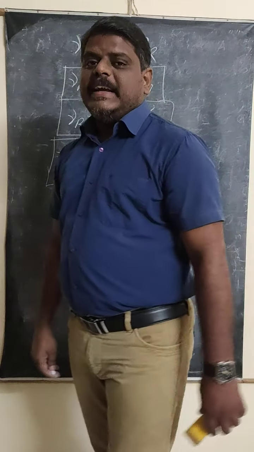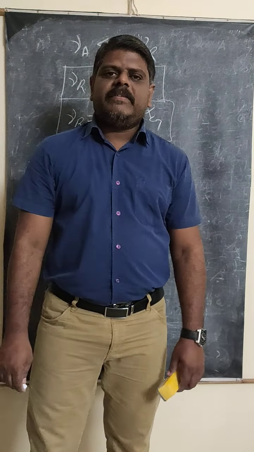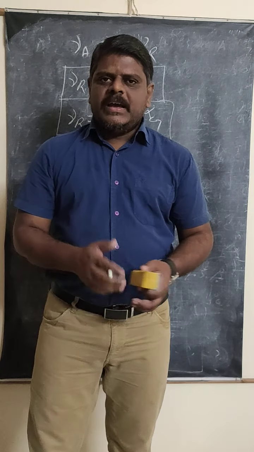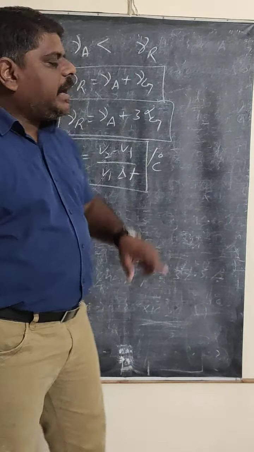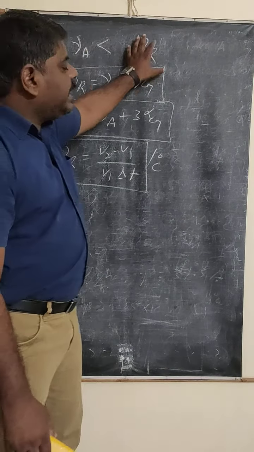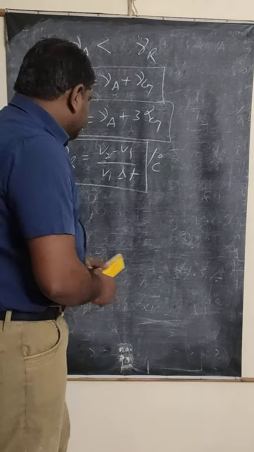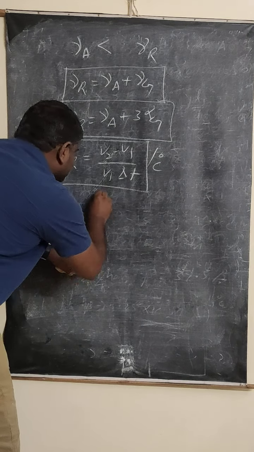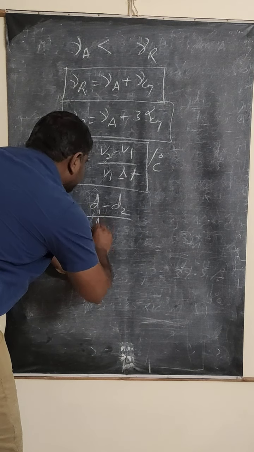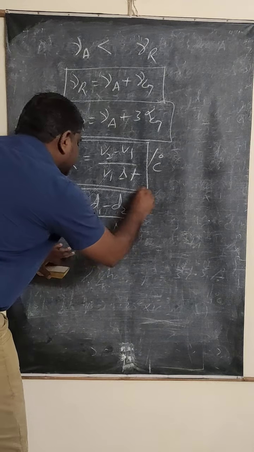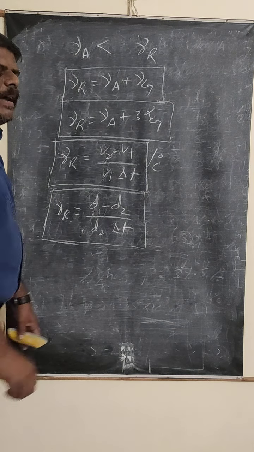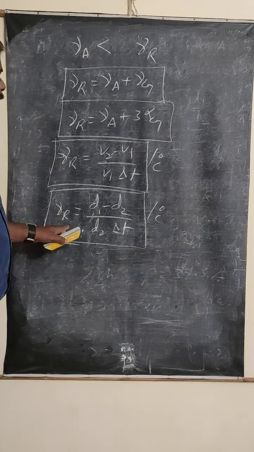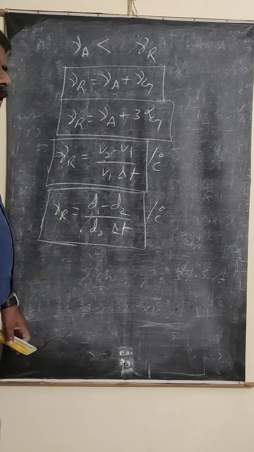After that we discussed densities also, how the density of a liquid changes with temperature. And I already told you that whenever you deal with densities, you should not use the apparent expansion. Always use the real expansion only. That's why in the case of densities, you can write gamma R equals D1 minus D2 by D2 into delta T. This is the coefficient of real expansion in terms of densities, and the units are again per degree Celsius.